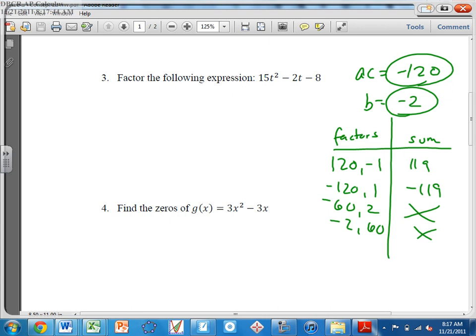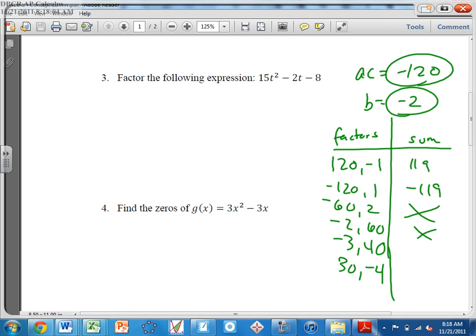So here, again, we can try 30 or 40 and 3 or 30 and 4 or the reverse of that with negatives in other spots, but clearly that's not going to work. So you can also try a 5 in here. You can try a lot of numbers. We can try the 15 and the 8, but they're all not going to work until we get to the